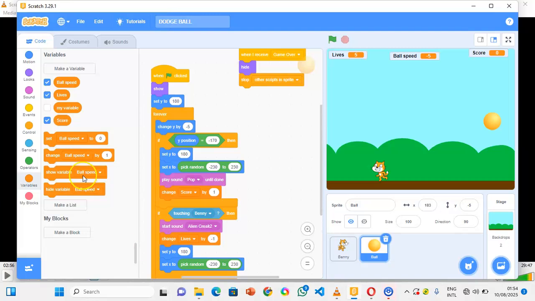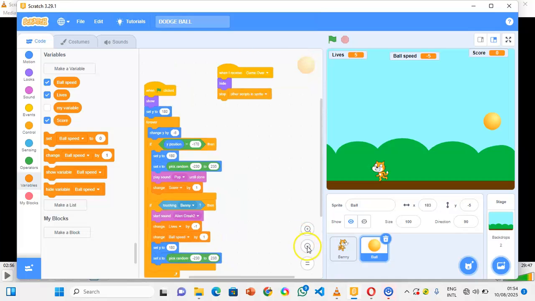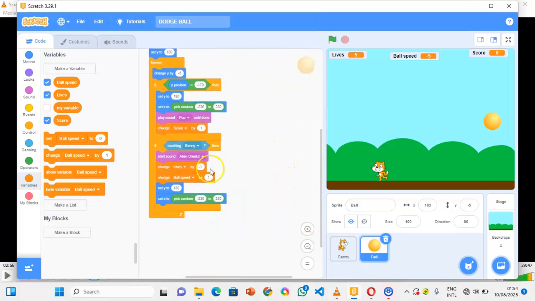You can also change the speed of the ball here as well. You can change the speed of the ball maybe to -0.2. So when I click on this,